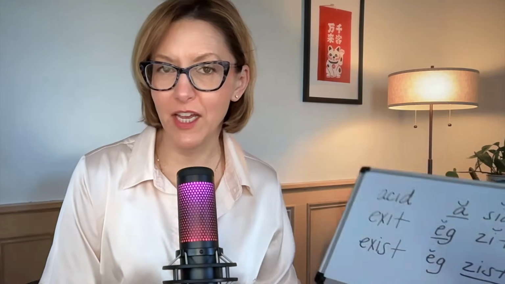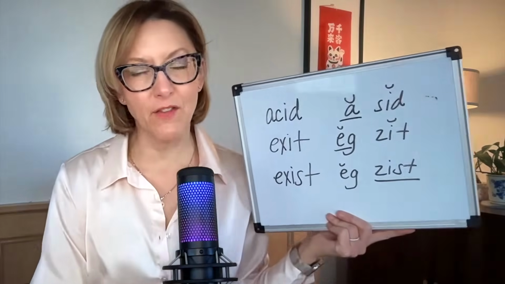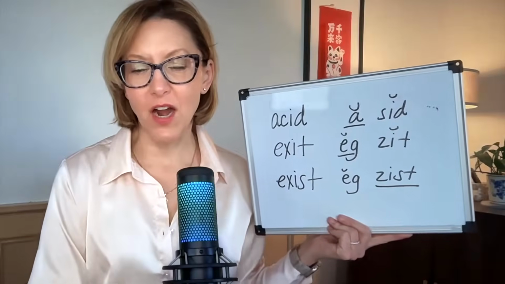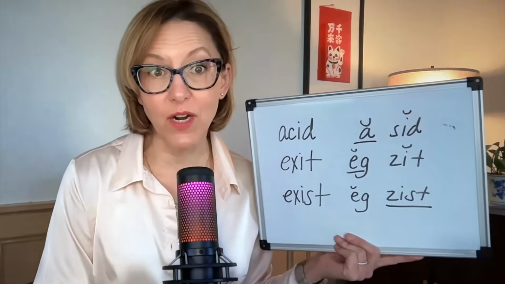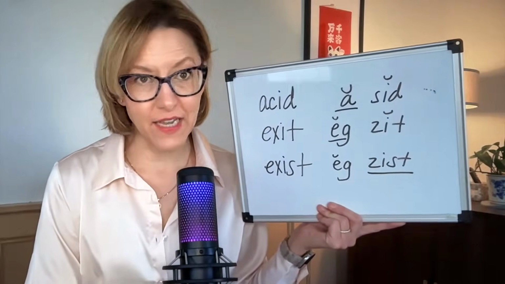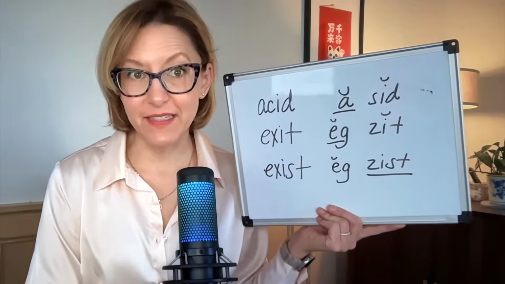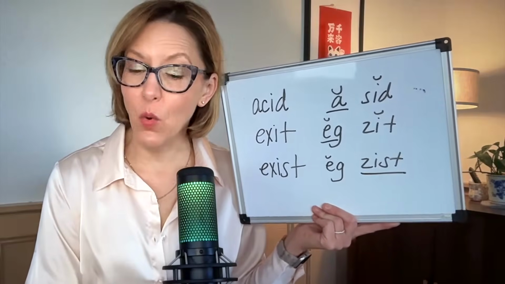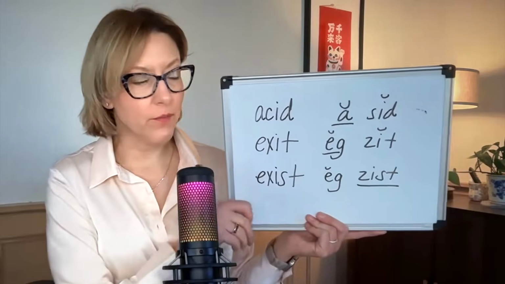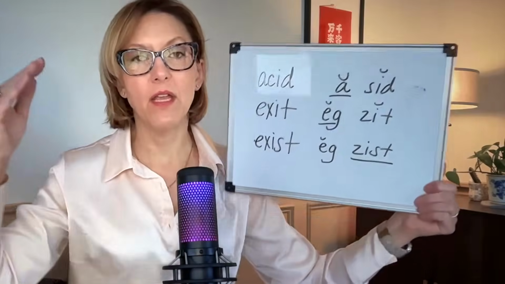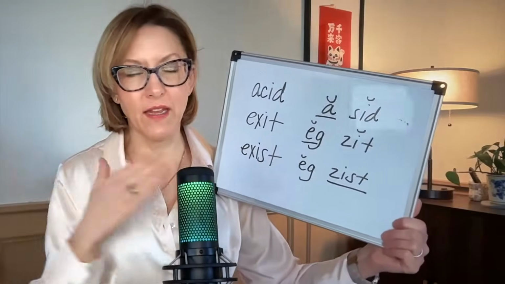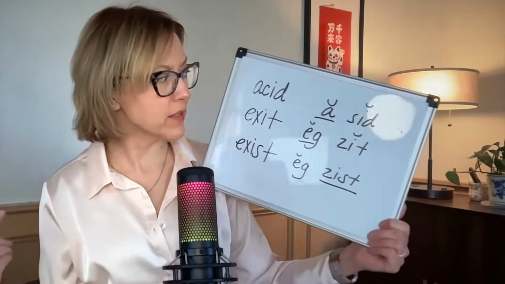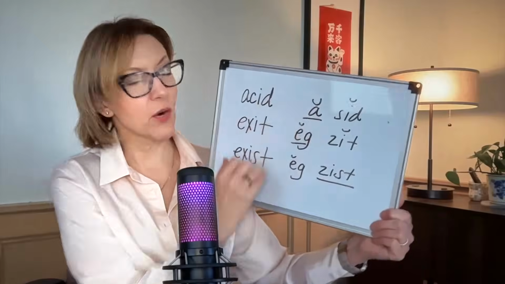Let's learn three words that are very confusing to many of my students. The words are acid, which is a chemical substance with a sour taste; exit, a way out; and exist, which means to be alive or to be real. So, we are going to talk about syllable stress and about sounds and this letter X and how we pronounce it. Let's start with our first word,